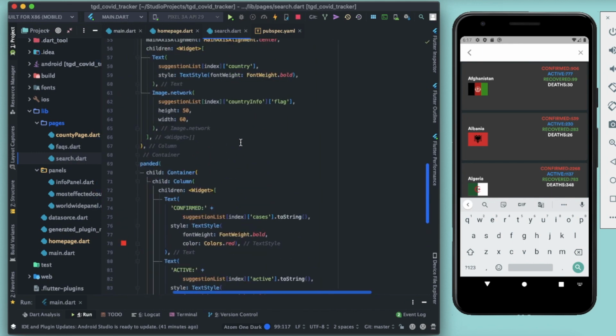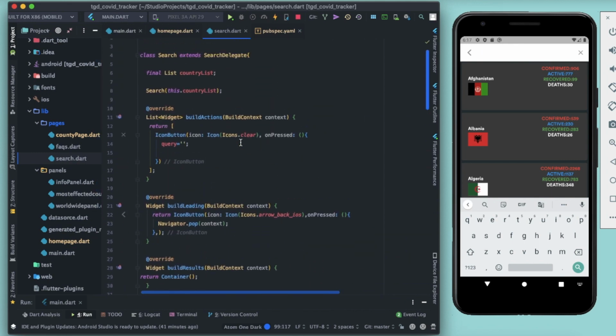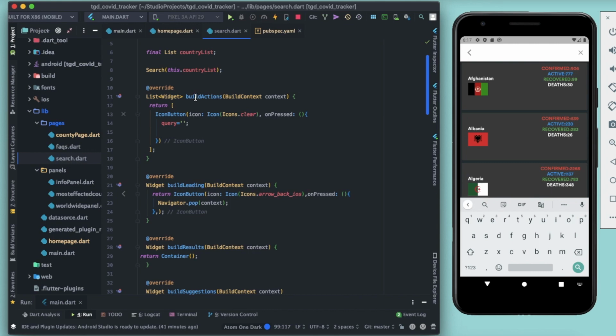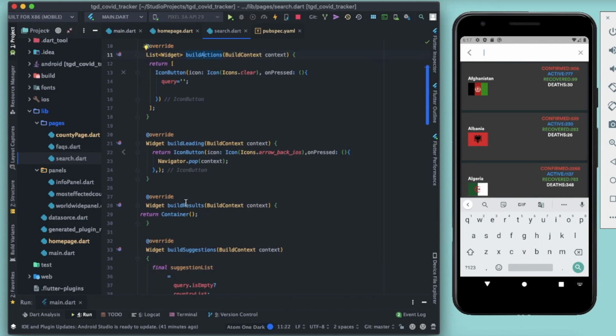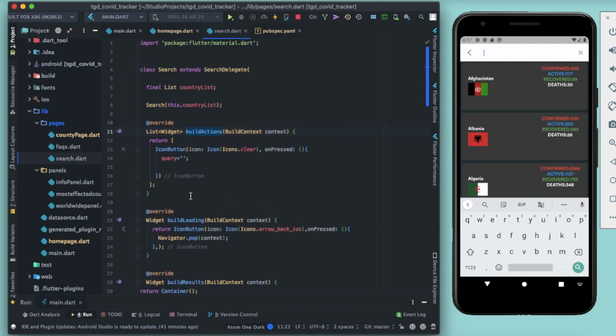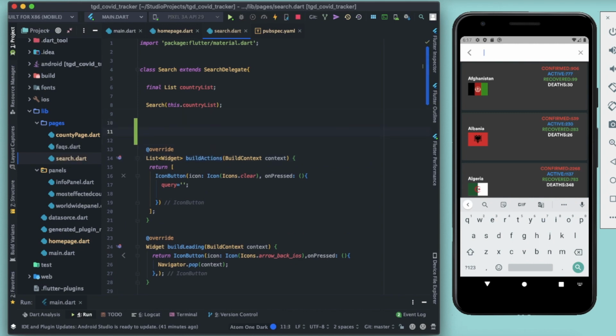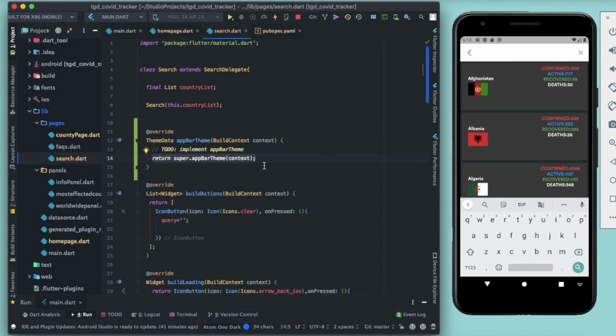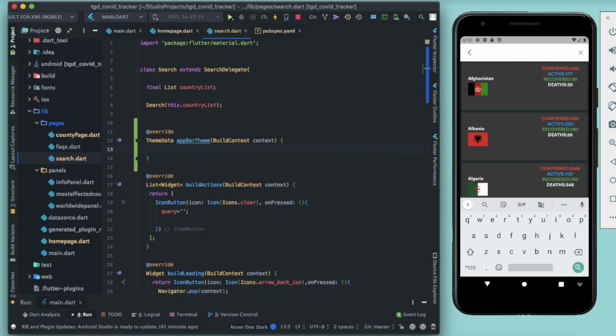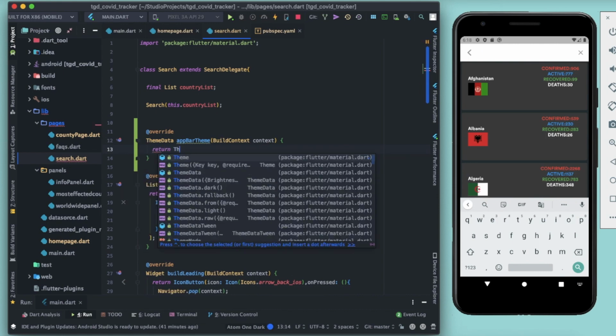And inside this search widget, you can see that we have all the override functions such as build actions, build leading, build results, build suggestions. These are the important functions. Now for the customization part, we have one more function known as the app bar theme. So we'll write app bar, and you can see that the suggestion pops up, right? So for that, let's just return a theme data,